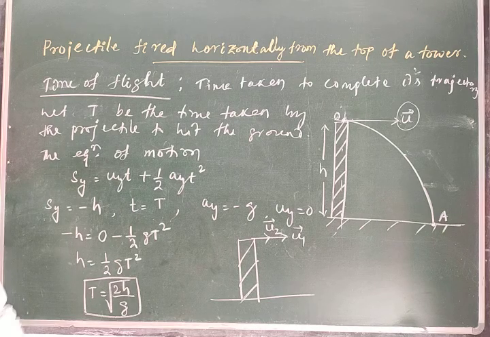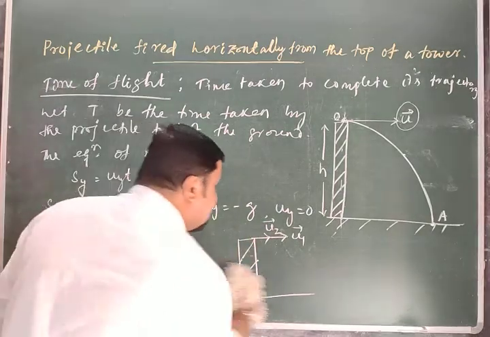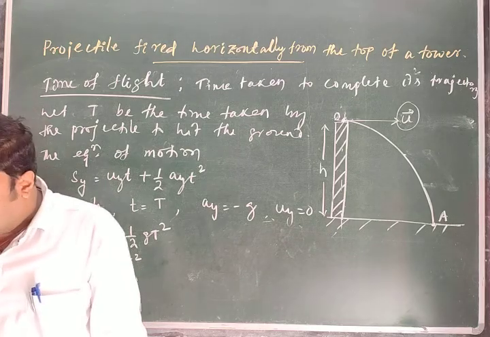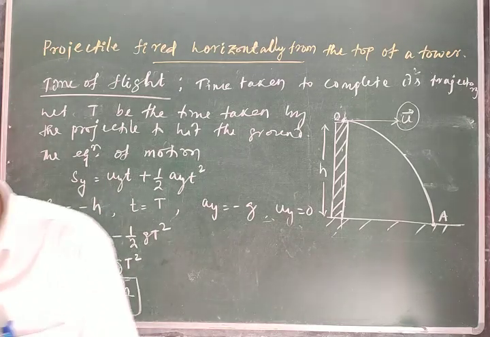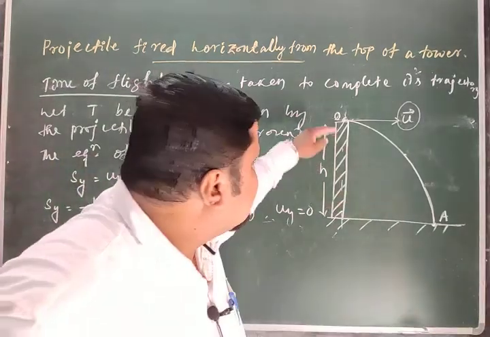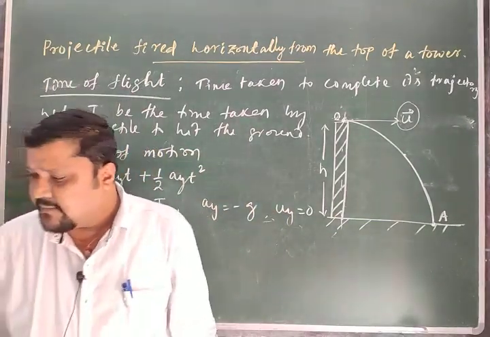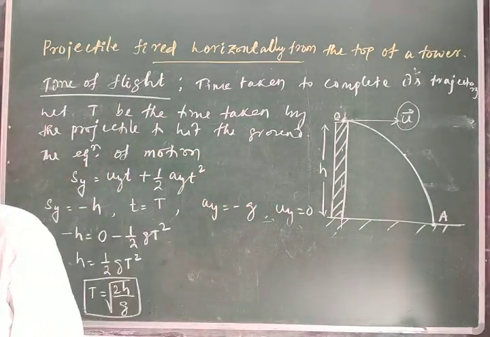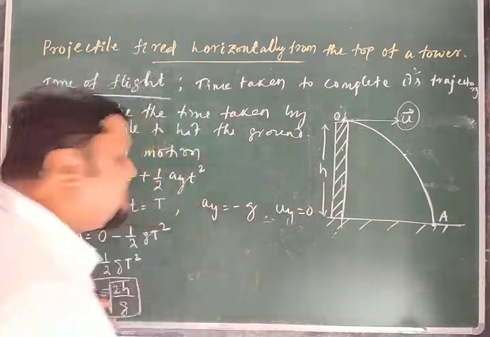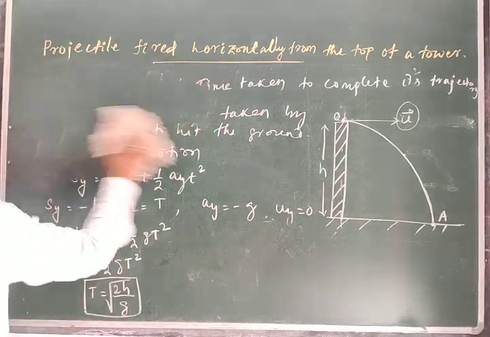But it depends upon the height, if both are projected from the same height. Another thing, it is not dependent on mass. If there are two bodies of different mass projected horizontally from the top of the same tower of height h, then the two bodies reach the ground simultaneously, because it is independent of mass. There is no mass factor.